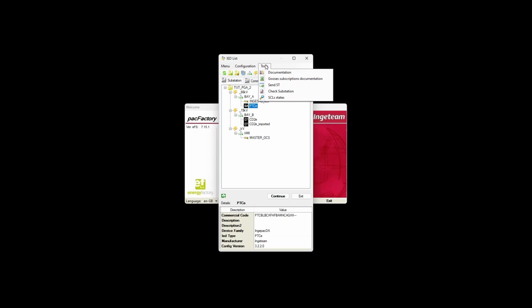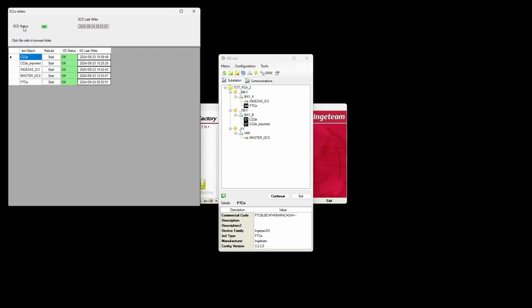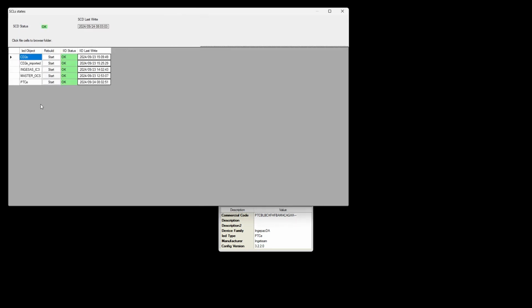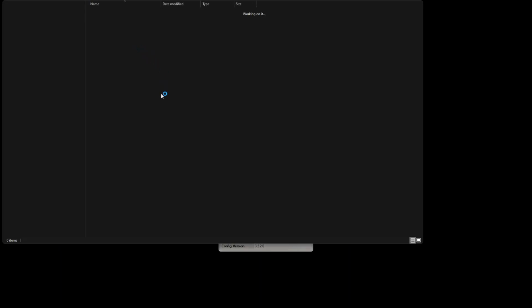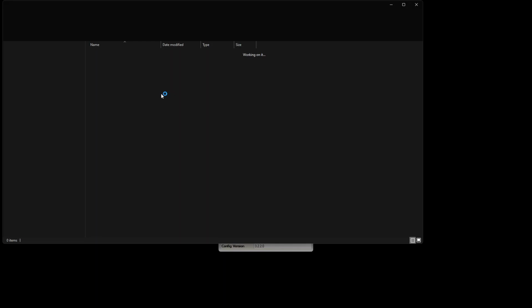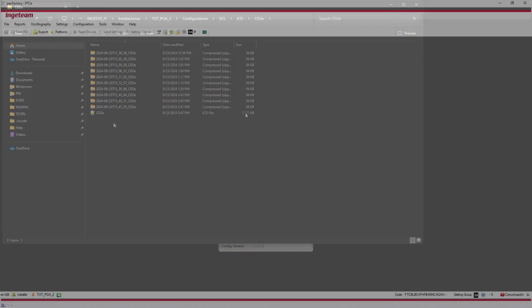Lastly, in the Tools drop-down menu, the SCL status functionality lets us check the generation of the ICD, CID, IID, and other configuration documents. When opening the SCL status functionality, the list of the IED templates (ICD) and their instances (CID) will be displayed along with their current generation status and a hyperlink to the file they are in. In this file, several backups with the last modifications made to the configuration documents shall also be found.